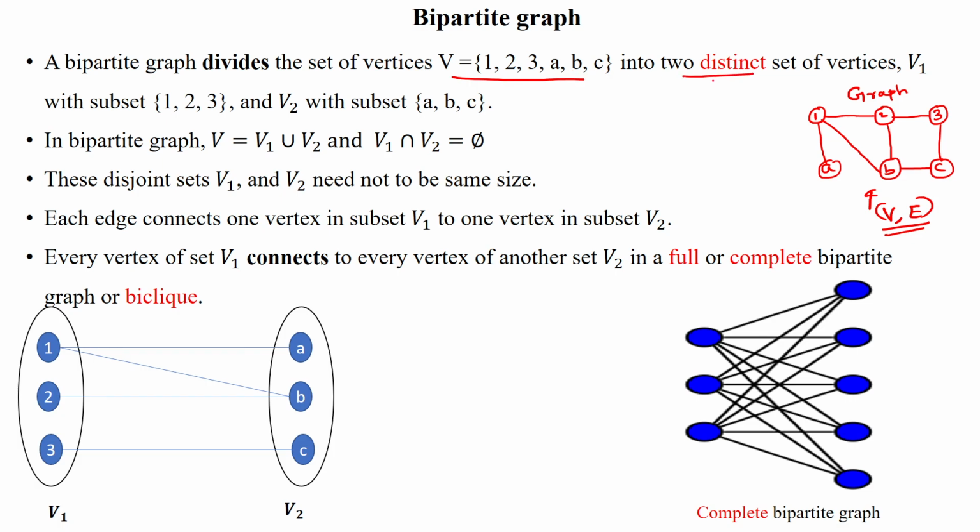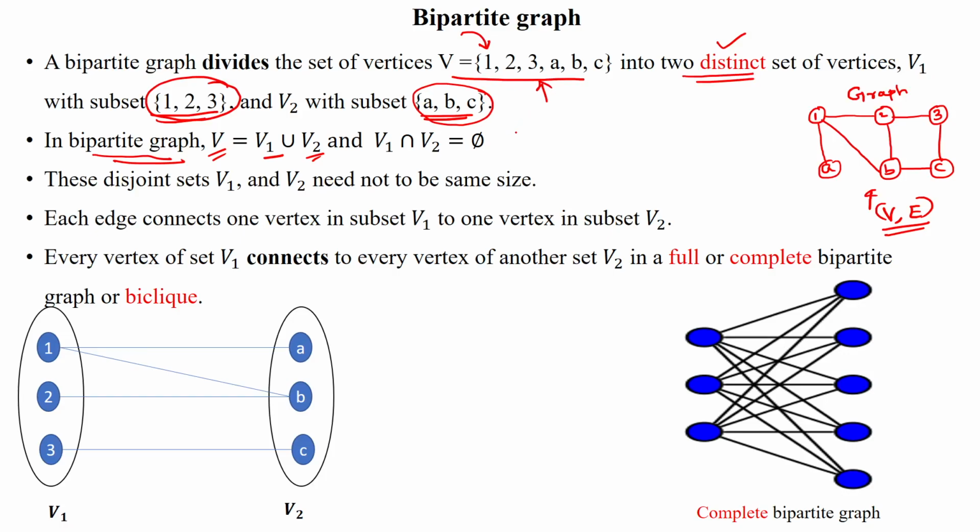Then these are divided into two distinct subsets. That means any vertex which is available in subset 1 should not be available in subset 2. So the given vertices should be divided into two disjoint subsets. Then we can say in a bipartite graph the set of vertices is V1 union V2. You look at that, V1 has 1, 2, 3, then the union with V2 will give you the